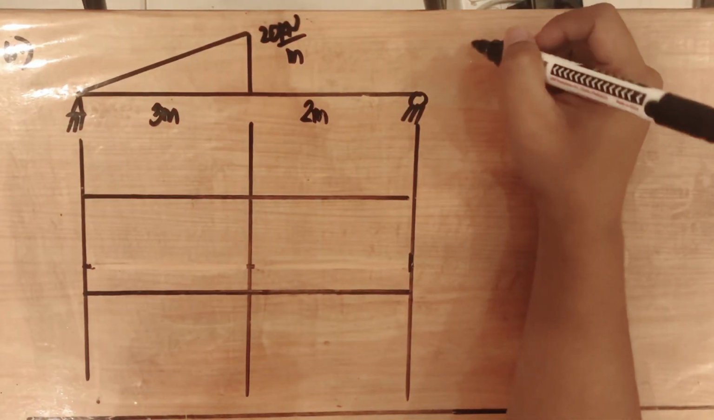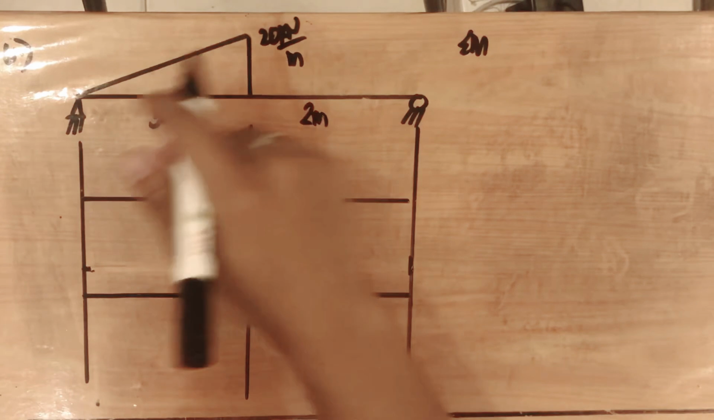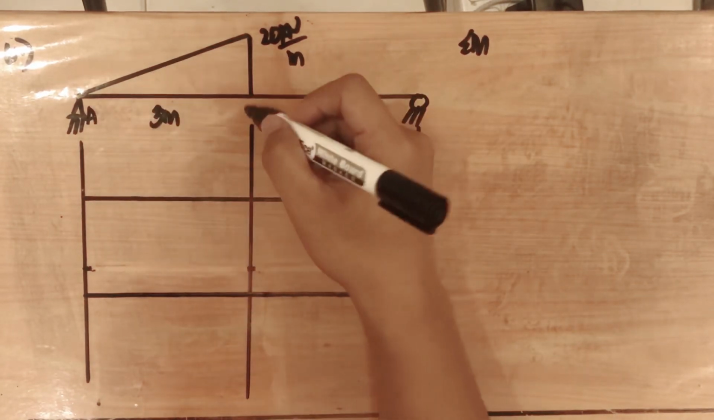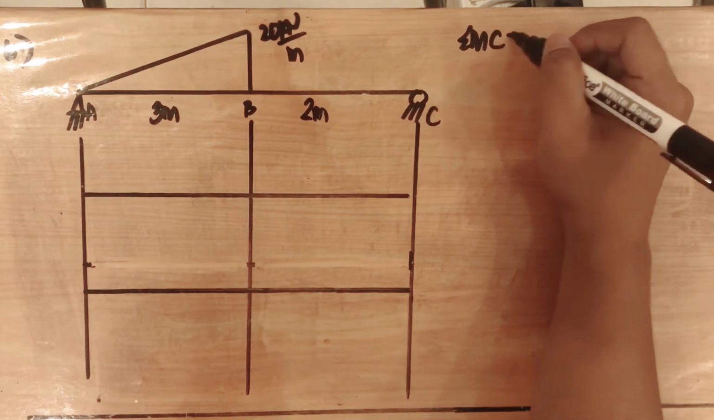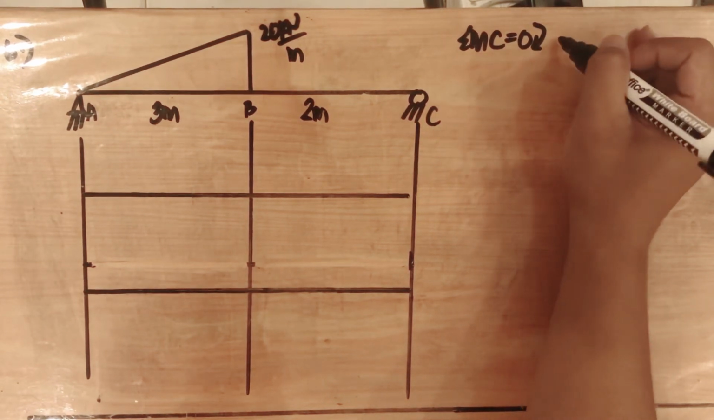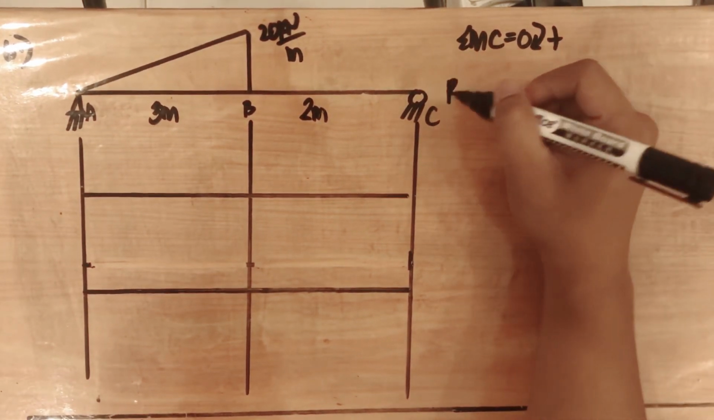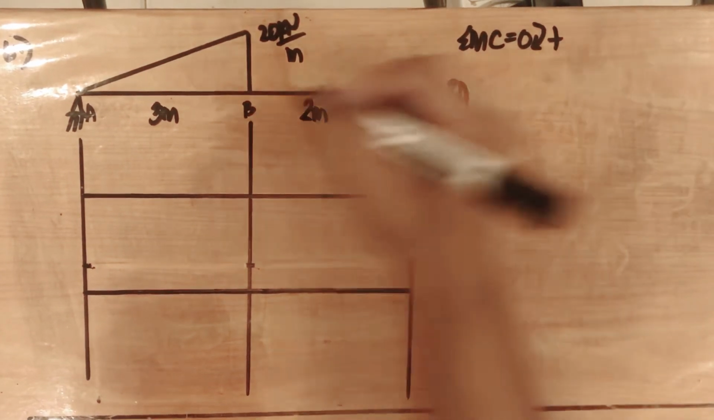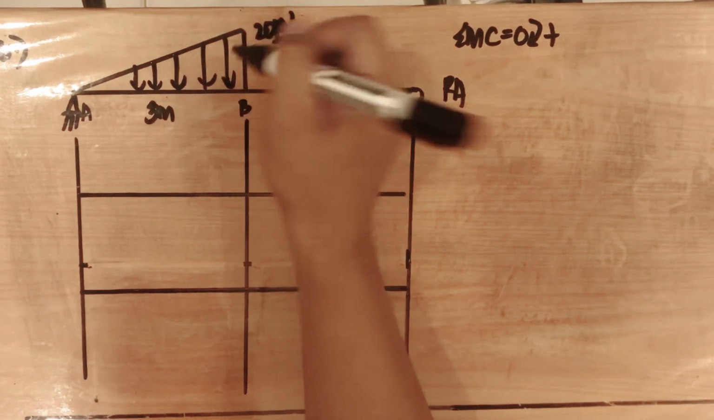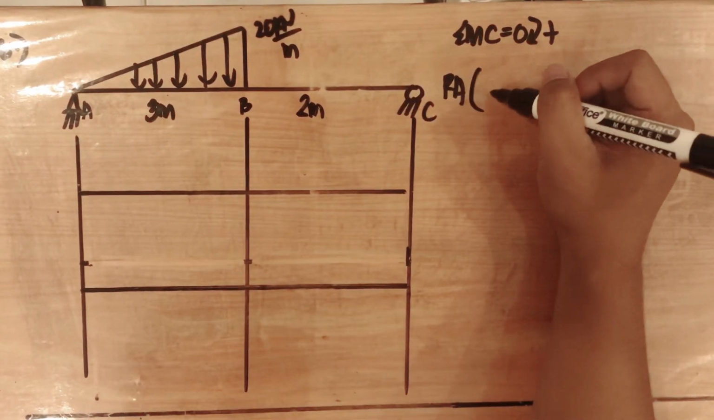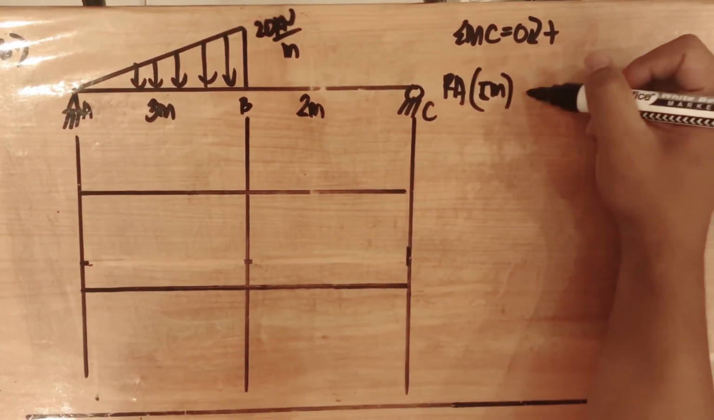Summation of moment. Points A, B, and C, since we only have three points. So, summation of moment equals 0 at point C, clockwise positive. RA, I assume as upward since the load is downward, times the total length of 5 meters, minus